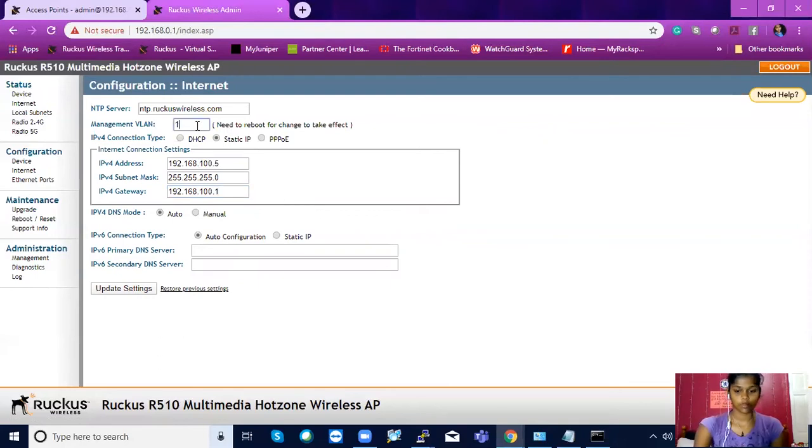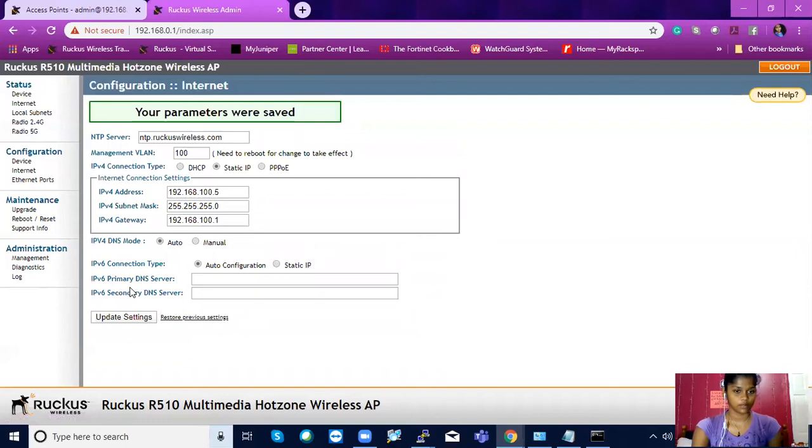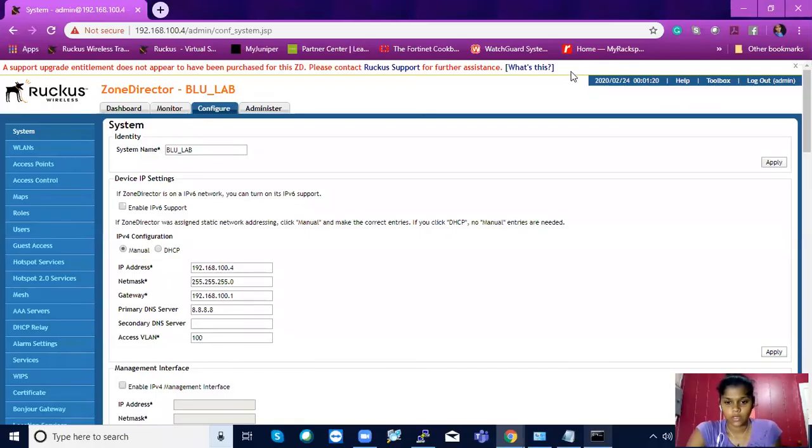And the management VLAN would be 100. And we should do it on 8 seconds. So yes, my parameters have been changed, but now I need to go back and plug this AP into our management port as well as switch back my IP. Okay, so since I would have changed the access VLAN on the AP as well,